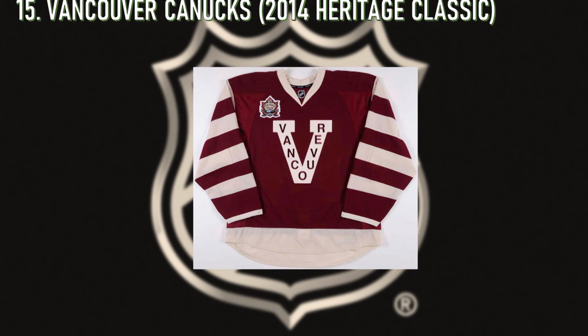Here's the Canucks. And yeah, they're my favorite team. I know they always lose in this jersey. It seems like they did anyway. But it does go back to their only Stanley Cup for this city, which was before the NHL. But it is a good history. Like it represents a good history, at least, even though recently when they've worn this specific thing, it did not turn out that great, I don't think. That's when we had Tortorella. But anyway,